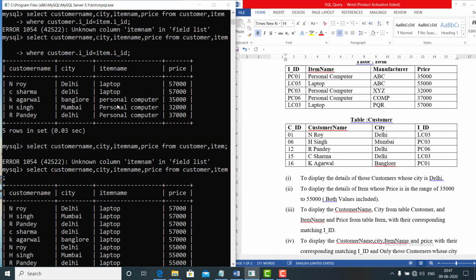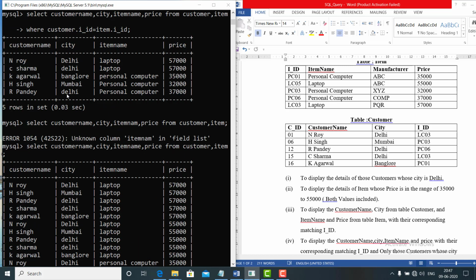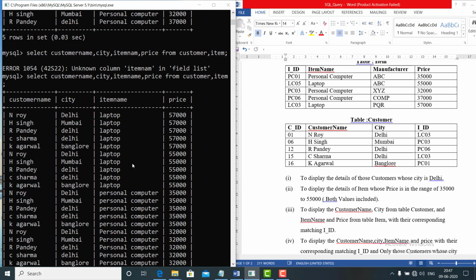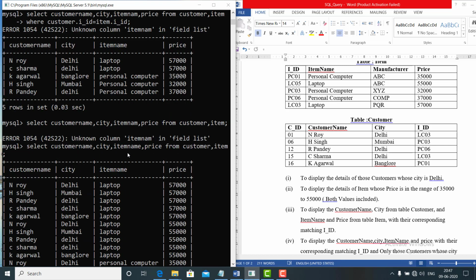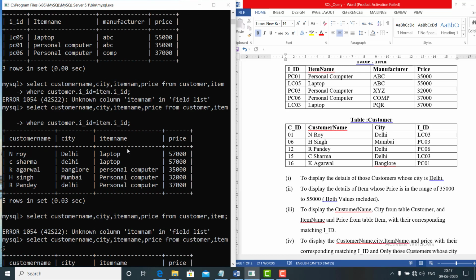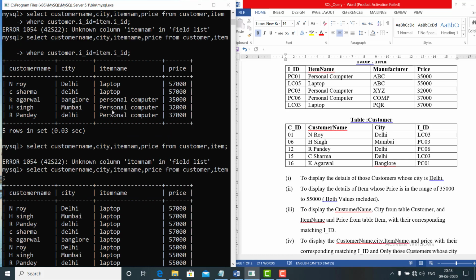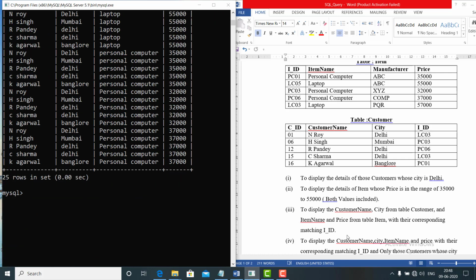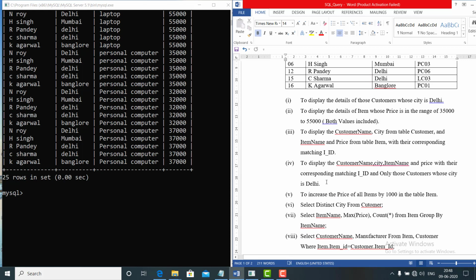It will multiply the columns; one column will be multiplied with the second column. So that's why we have to use the correspondence. Whenever you access records from two tables, always put this corresponding match.